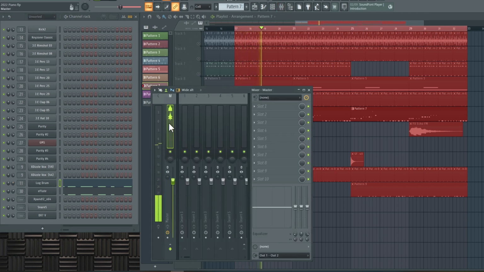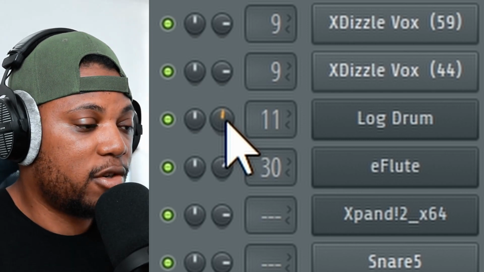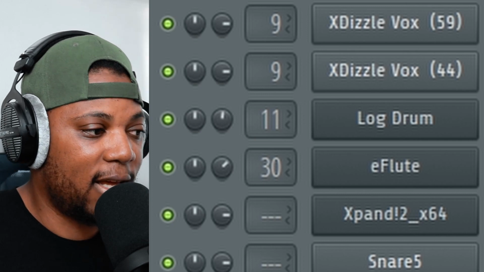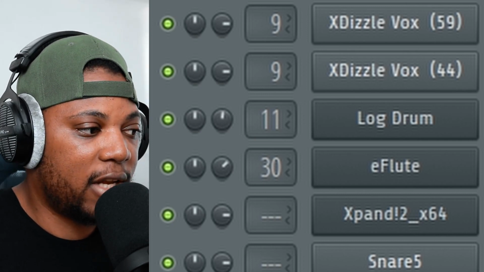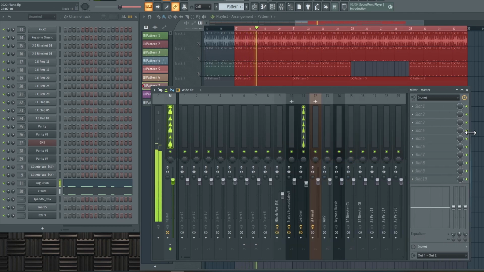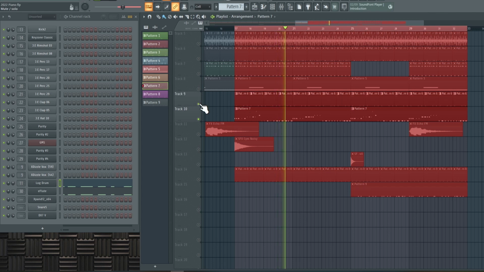And if I go back to the mixer, you can see here we lost a little bit of dB because I dropped it down. This volume is a volume control that controls the level before you add effects, before you even get to the plug-in. So it just controls the level of the channel itself. So I'm just going to make sure that it's low like this, and I'm happy with that. And then I can move on to the next sound,